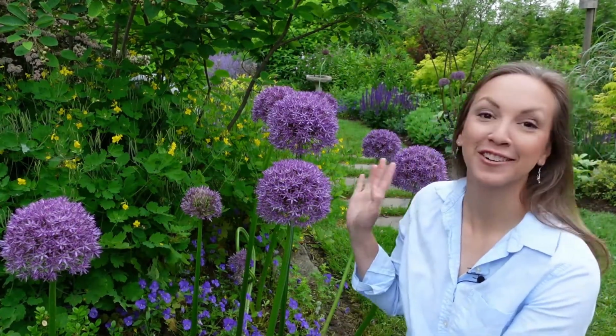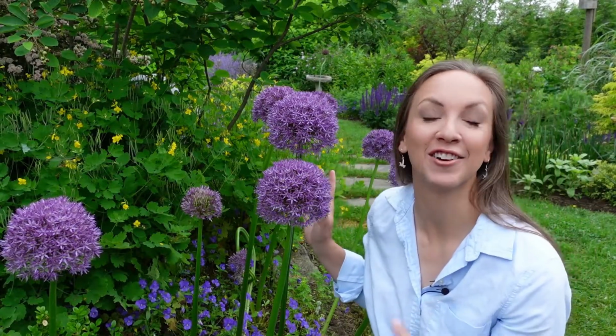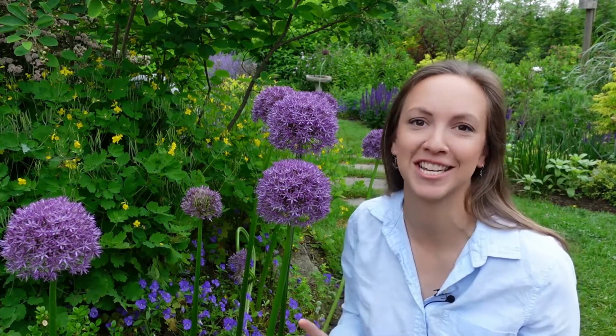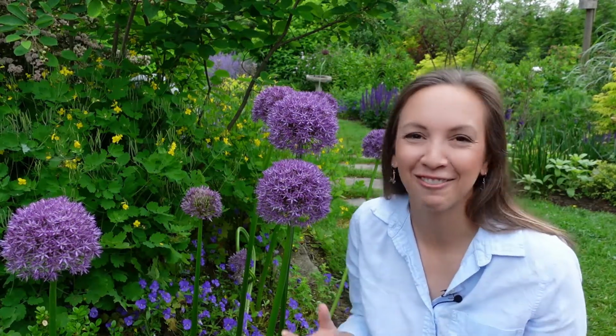Hi everyone! Today I want to share with you how to plant allium bulbs. Alliums are truly the unsung heroes of the late spring garden. Their bold and whimsical blooms burst into flower just as the tulips fade, adding regal and whimsical flowers to the